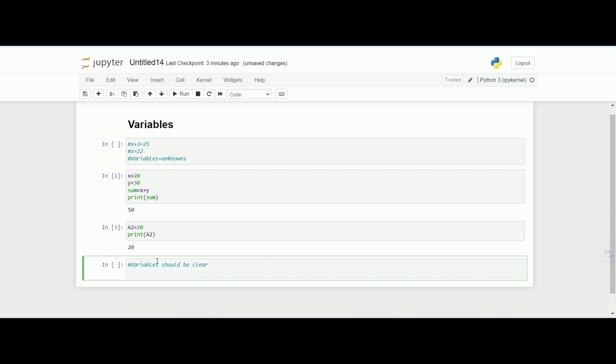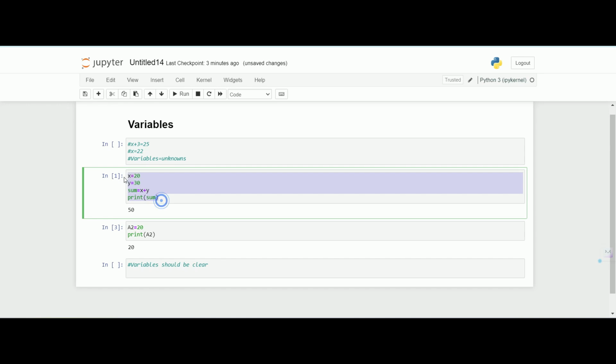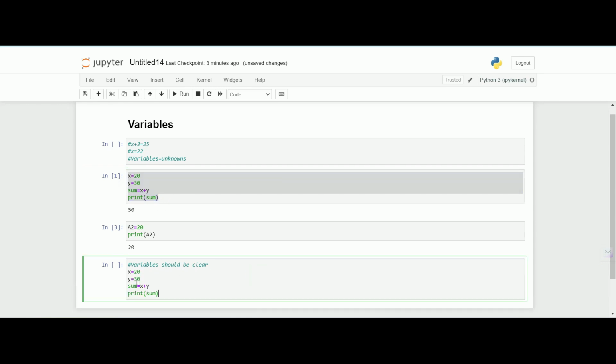For example, if I simply copy this code itself, now in this case you can see that x is equal to 20 and y is equal to 30, and if instead of sum, I write output, now we know that output definitely stores the value of the sum x plus y,